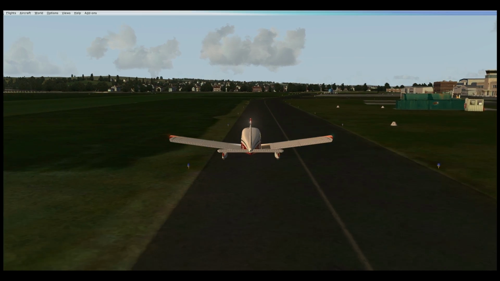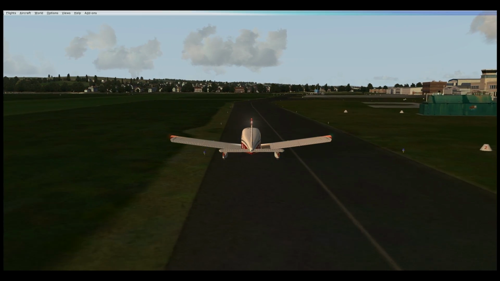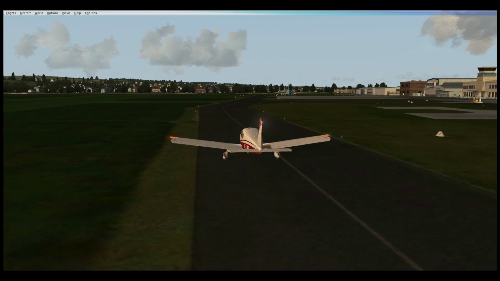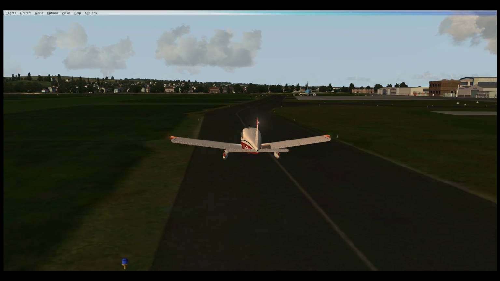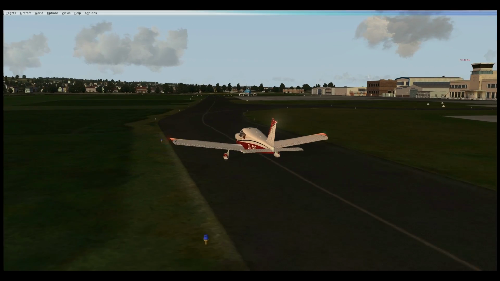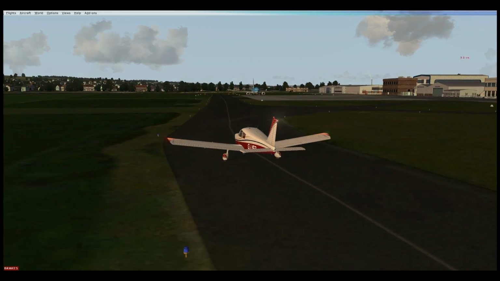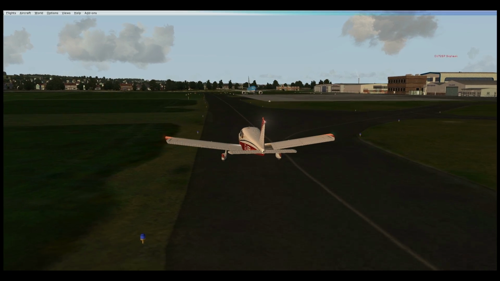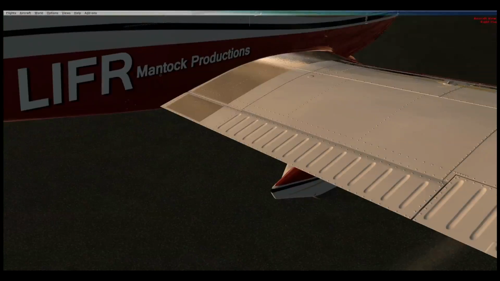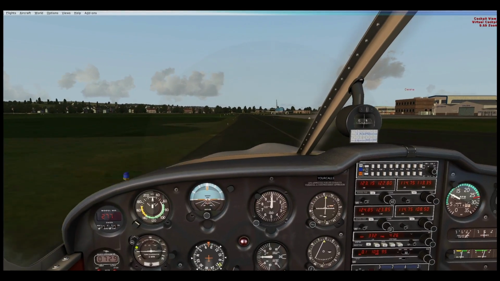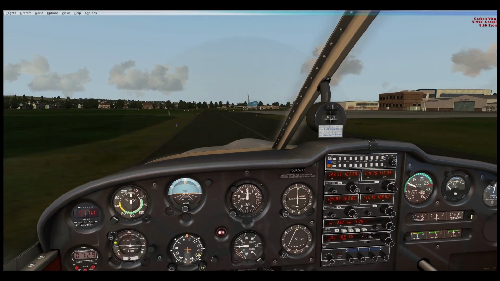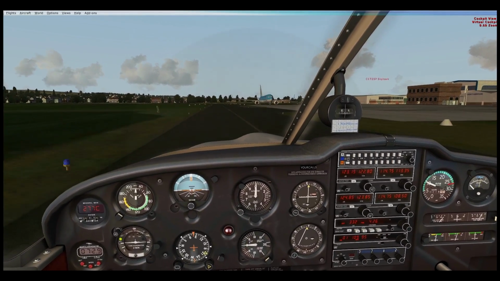Let me know what you guys think about the idea of the ferry flight comic strip. I'm thinking of doing some ferry flights from the UK to North America via Shetland Islands, Faroe Islands, Greenland, Iceland, Northern Canada, all that kind of thing, all that fun stuff. And instead of doing it in video format, I'm thinking of doing it using like a comic strip type thing,